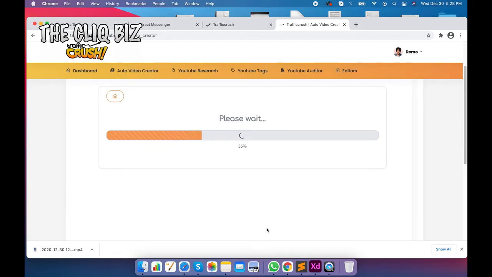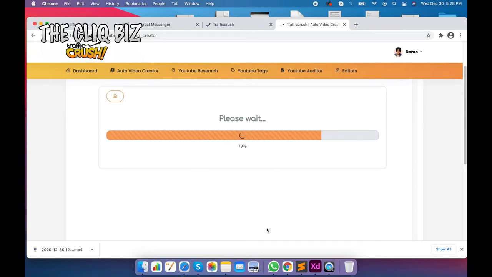See, you can select unlimited images. You can just add 20 or 30 images. You can just create a video. You can add the captions. You can generate a video and you can upload it to YouTube. You don't require any technical knowledge for creating a video. That's a very special feature of our Traffic Crash software in YouTube. Promote your service as a video in a fraction of a second. After uploading the video, just share it as a link on your other social networking platforms. Generate the traffic on it.